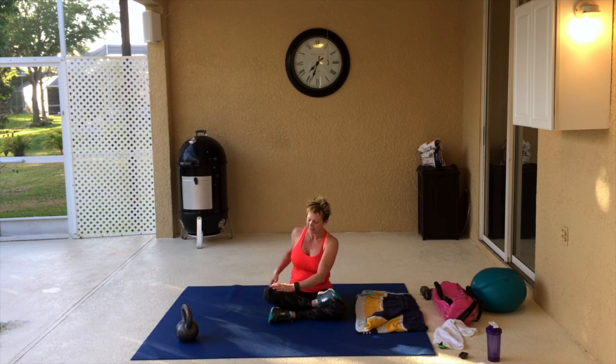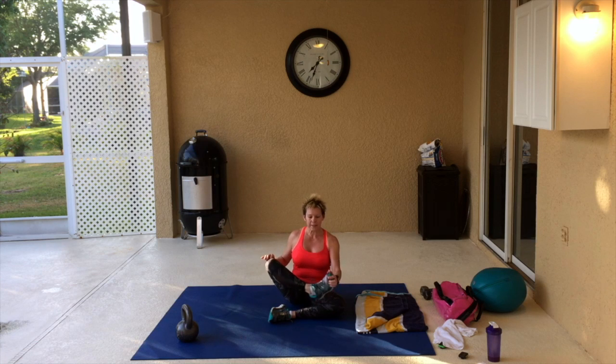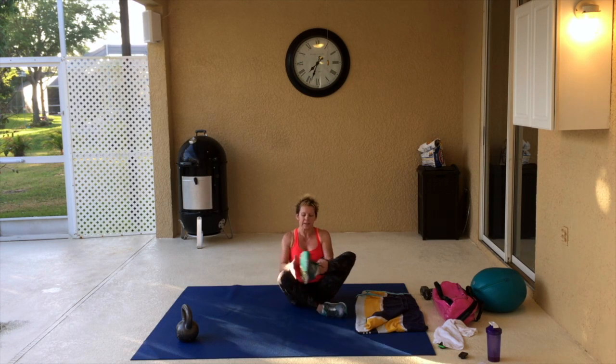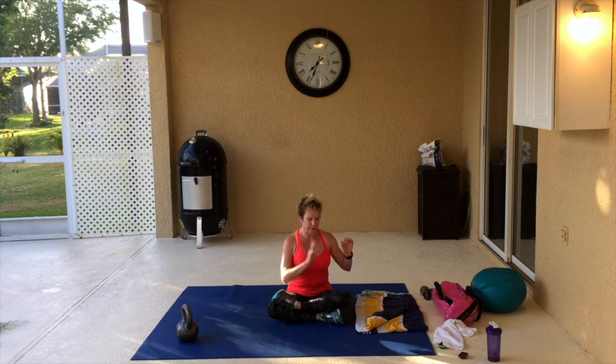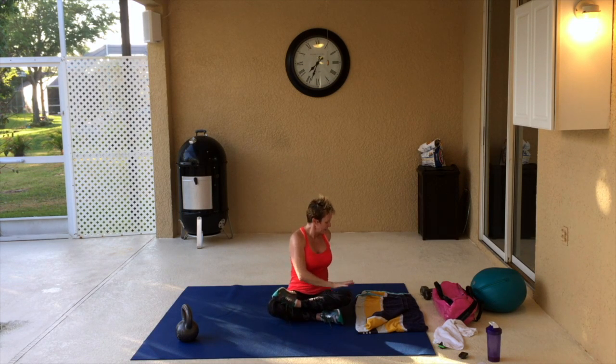Release it. You're going to take the right leg down, cross the left leg over, and you're going to take that right arm up, push it onto the left leg, twist, and turn to the left, and you should feel that. Make sure your sit bones are on the floor. You don't want to roll up. You want to keep the hips planted to the floor, and you want to twist and turn and face the